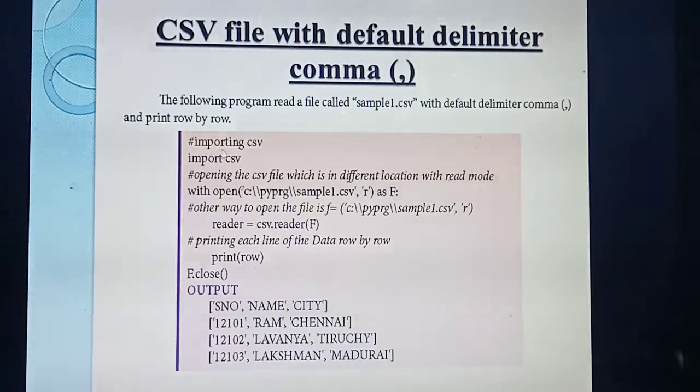So listen carefully. First line is import csv. In a C++ program, the first line you write is the header file, isn't it? Likewise here you should import csv like a header file. So the first line you need to write is import csv. Understood? Next thing, you have imported like a header file, now you need to open a file. For opening, listen carefully: with open.